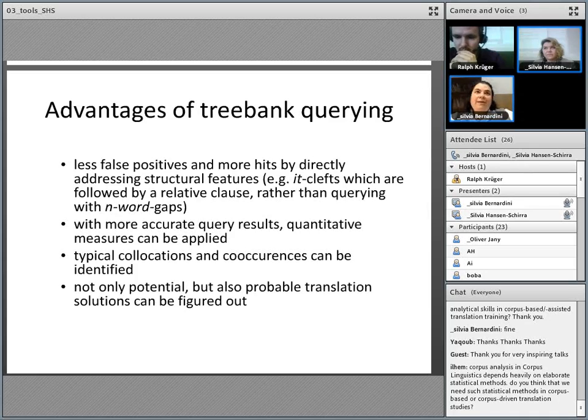When you compare across two different languages, like we do in parallel corpus analysis,